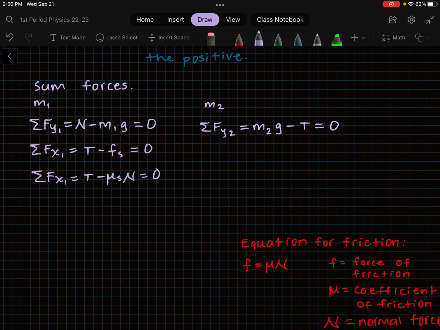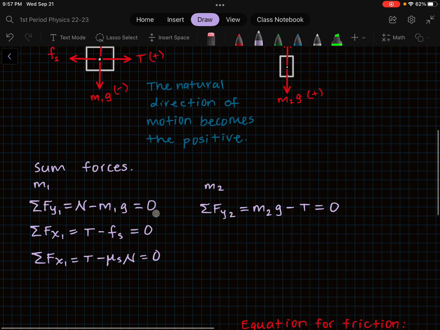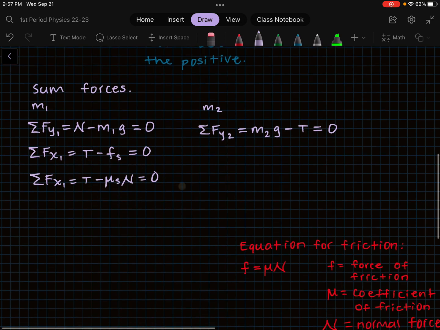So now what we have to do is, what is the force which is making the system static or not moving? It would be friction, right? Friction is what's holding mass 1. It's not letting it move, because weight and normal force are perfectly balanced, and the force which is balancing tension, because tension's pulling, would be friction. Okay, so this is the equation that we're going to be working with. Since these two equal 0, if I only take this part over here,